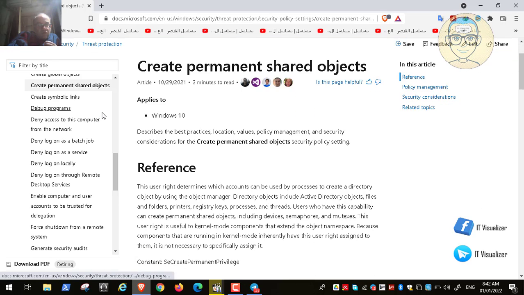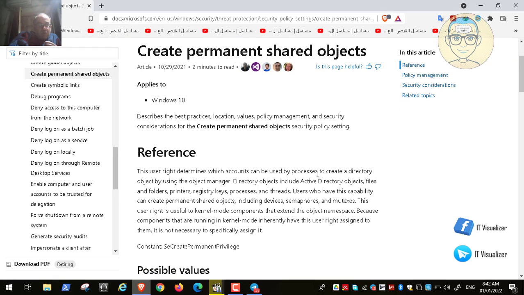The user right determines which accounts can be used by processes to create an Active Directory object by using the object manager. That means that you can create a user, a group, or a computer on the Active Directory. Directory objects include Active Directory objects, files and folders, printers, registry keys, processes, and threads, and this also includes users and groups.